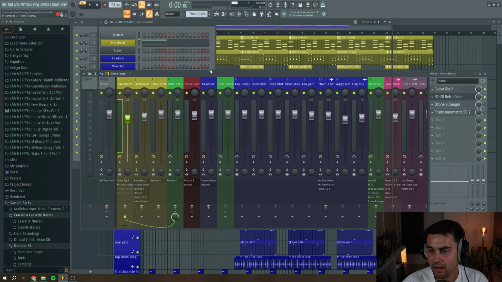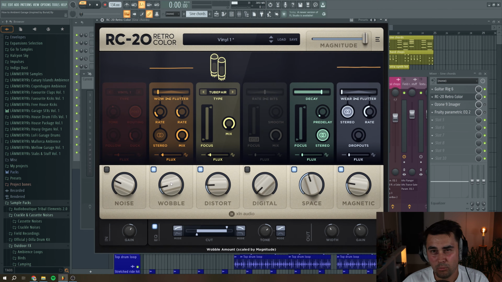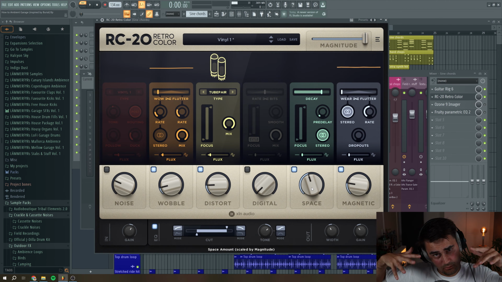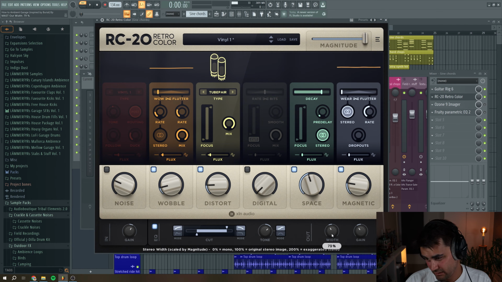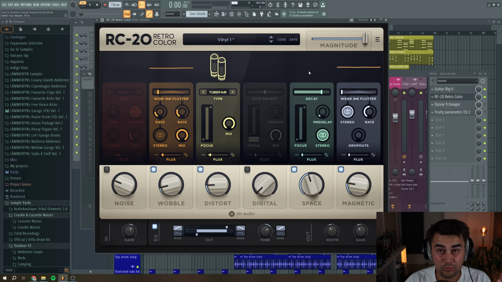Then the next thing I'm gonna add is RC20 with the wobble, almost like some kind of vibrato effect. Using a little bit of EQ down here to cut the lows and also a little bit of the highs. Using the tone here to boost with a high shelf. Adding a lot of reverb because I want to have that ambient, spaced out texture sound. And because I don't want this to be too wide, I'm just reducing the stereo width a little bit,